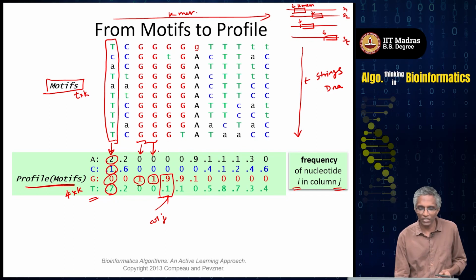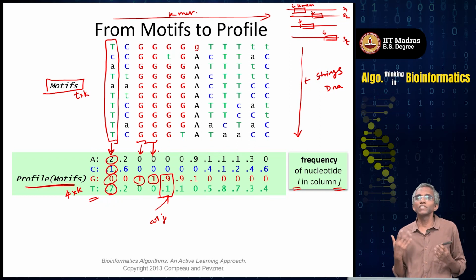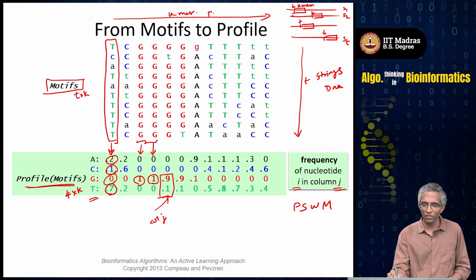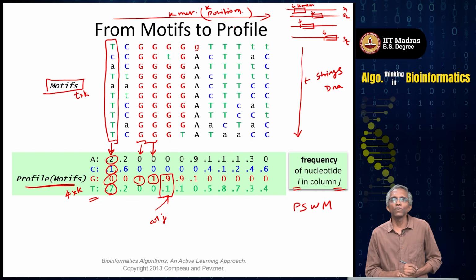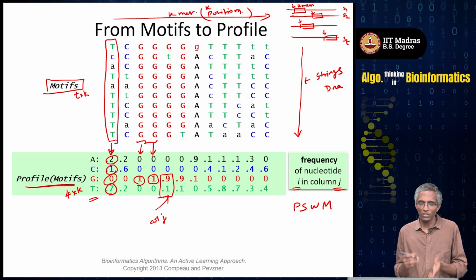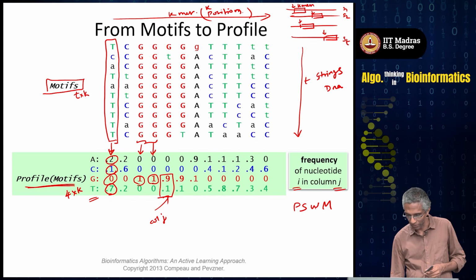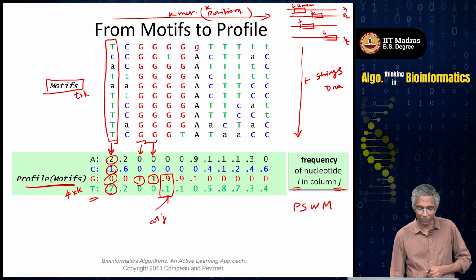So, this gives you nice position specific probabilities. That is why this is called a position specific weight matrix, because each of these k positions is what is shown here. Each of your positions along this motif has weights, probabilities that add up to 1. So this is a position specific weight matrix or a position specific frequency matrix, also known as a profile, okay,